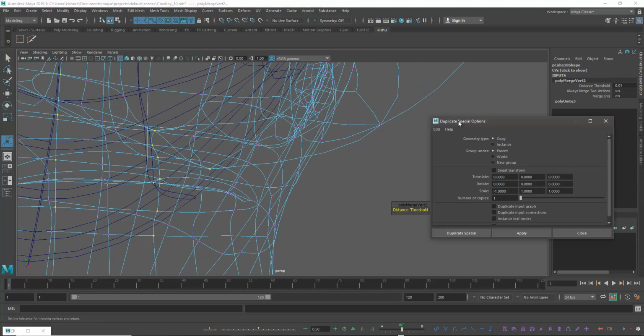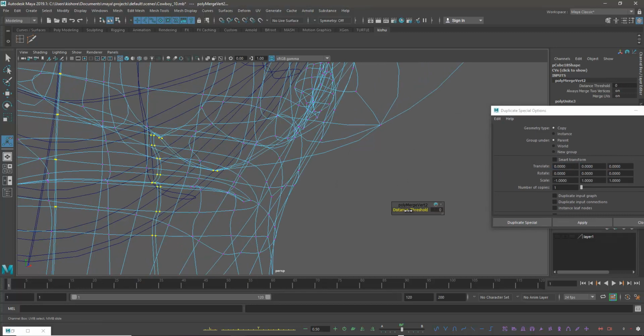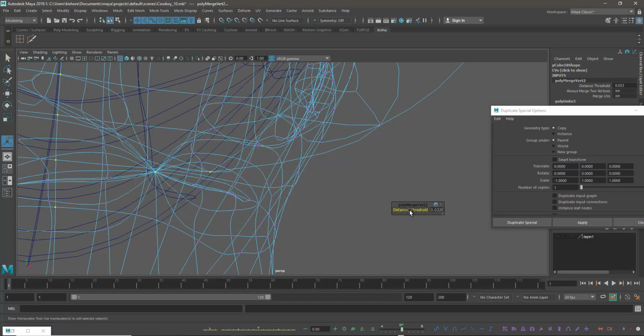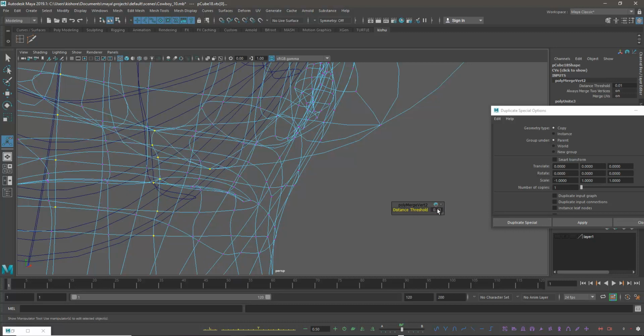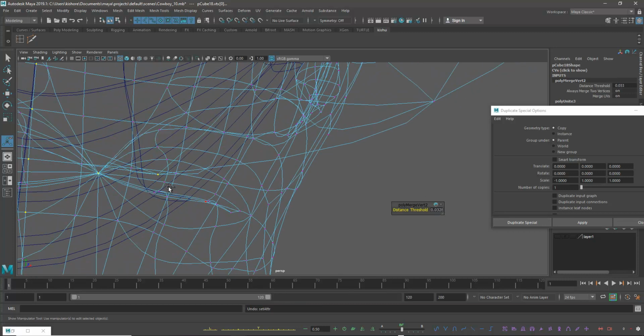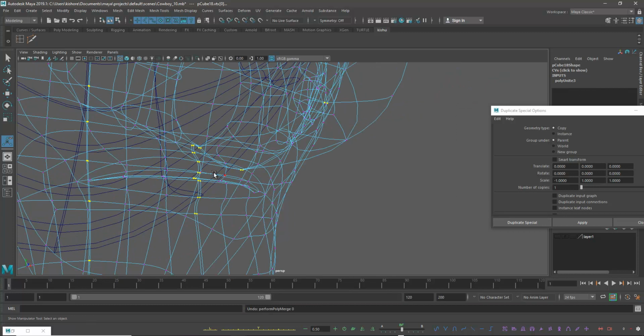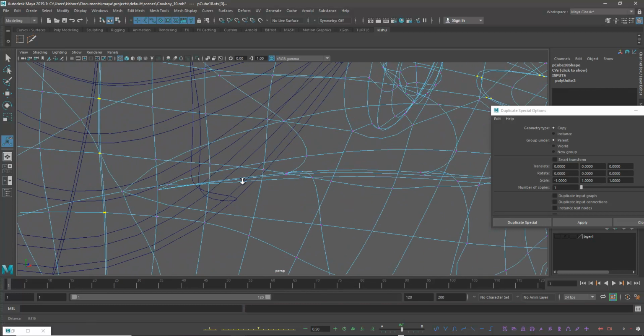But there's a bit of an issue here. Try 0.01, 0.005, or deselect this area.